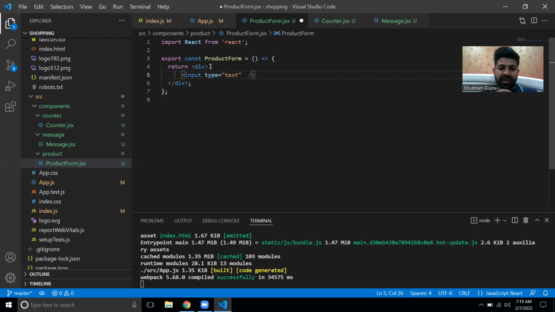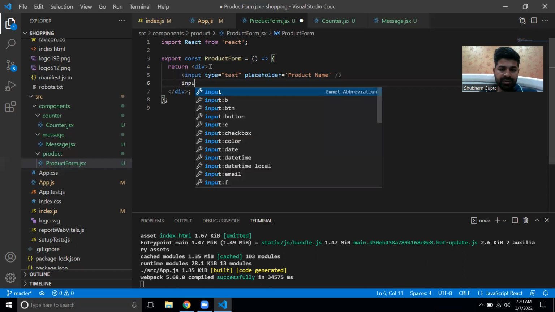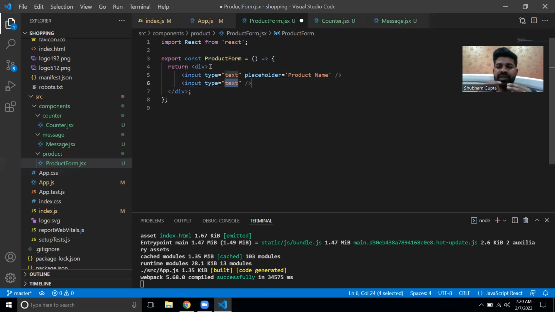As the component name says, and the placeholder says product name. Let's suppose we enter input type equals to, first is product name, and second maybe the quantity, and third maybe the price. So we are only entering three fields over here for now. It can also be a text, and